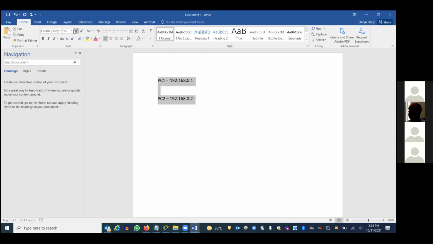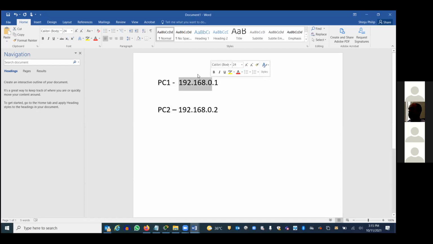Do you have any idea about it? In this example, which is the network part? The first 3, because in the classic network, this part is fixed, it is not changing. Only this part changes. So this is the network part, right? Since you are in the same network, you can communicate with each other. What if you have two different networks? Can you communicate? No, because 192.168.0 is one network, and the other PC is also in the same network, correct? So this is the host part.